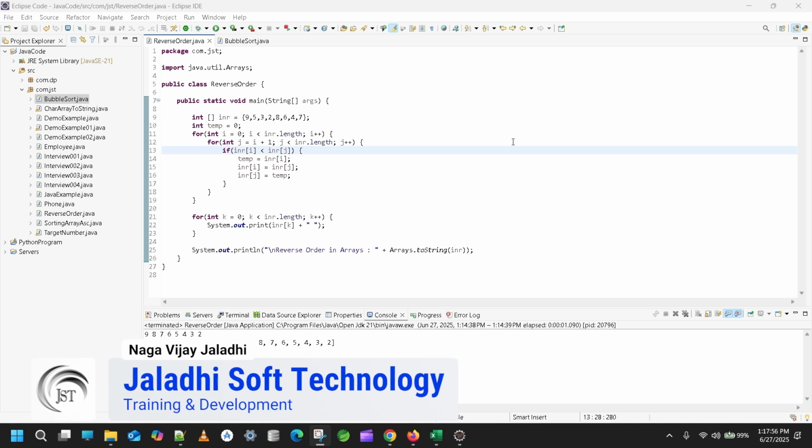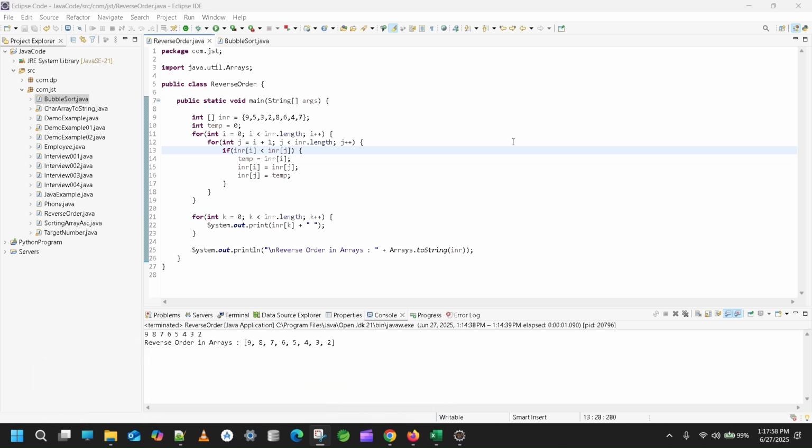Today we can discuss adding the elements of an array. In an array, we need to add each element. How to do that one? We can